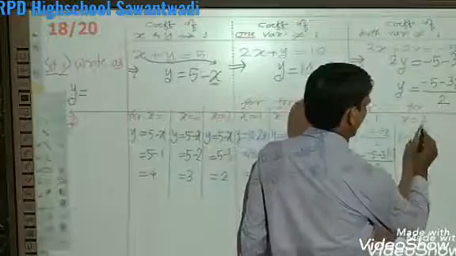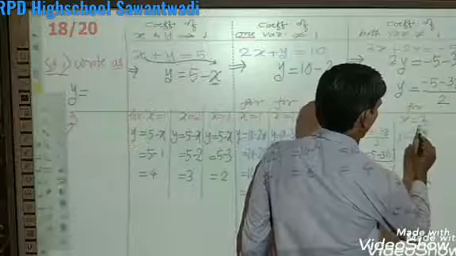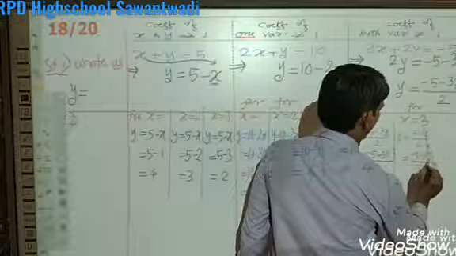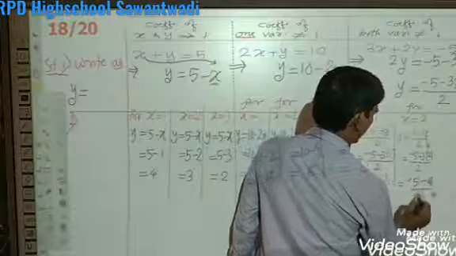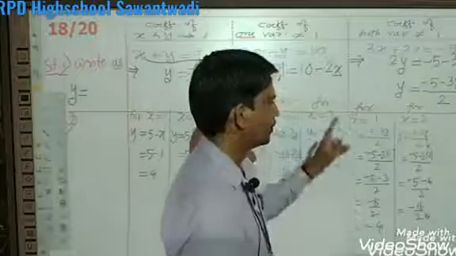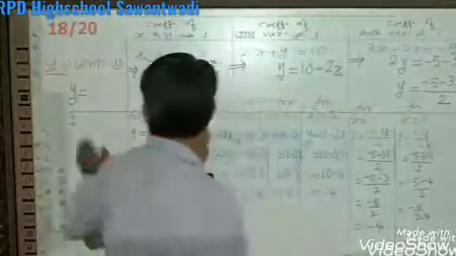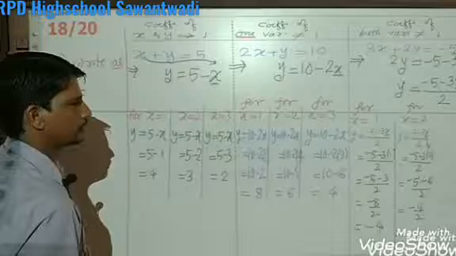2 will not work here now. Suppose I take 3 here, then what will happen, that we need to think about. If I take 3, 3 threes are 9 here, and negative 9 plus 5... negative 14 will come. This will be divisible by 2. Therefore 3 will help you there. So that part we will do there. That is nothing but x is equal to 3.